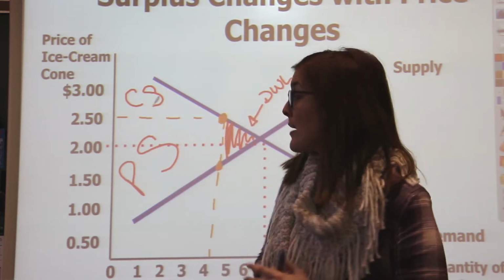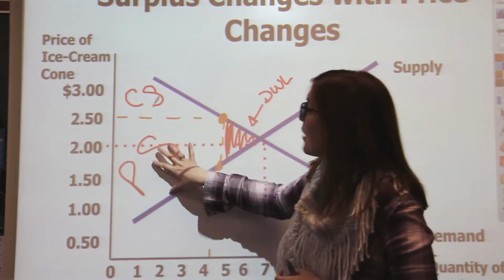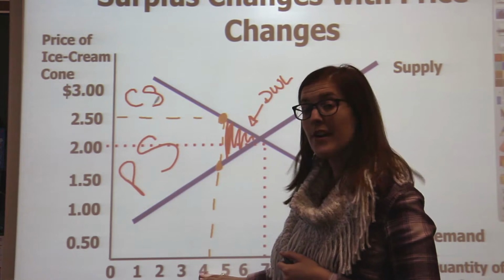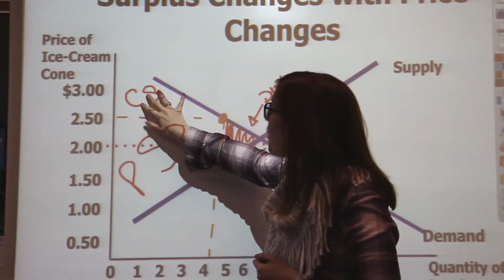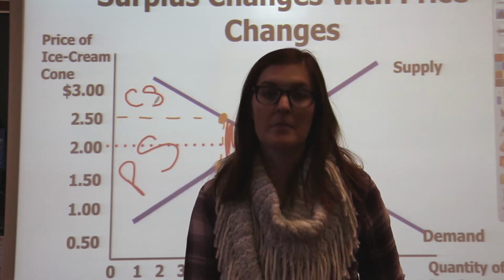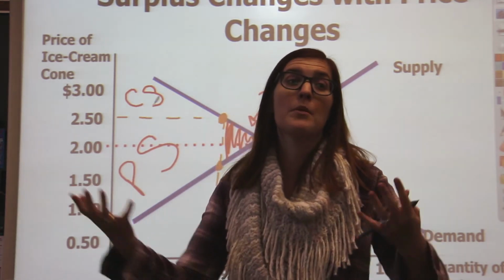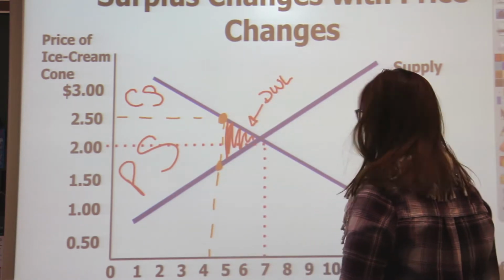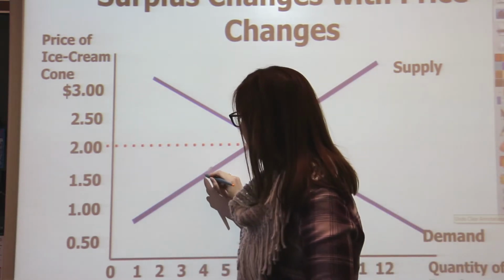So yes, in a price problem, it does help the producers. But because it ends up decreasing the quantity and it hurts consumers by so much, it's going to end up being a problem. And that's when we end up having surpluses, because consumers are not willing to buy what producers want to sell. Or if it's a price decrease problem, if the price is lower,